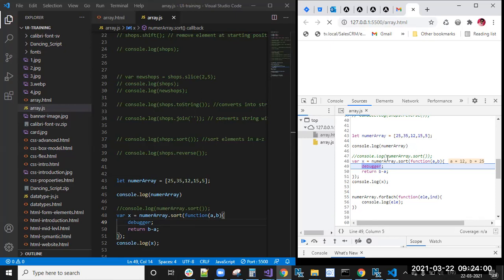Now the next element, again, it will check with the remaining elements, like 25. 25 checks with 35 and 12, 15, 5. Okay, it is also a bigger element. So it will sit, and again it will check with 35 and 25, which is bigger. 35 is bigger, right? 35 is at the starting position and 25 is in the next position. Like that, it will check again. It will loop each and every element in the array. Like that, it will check.